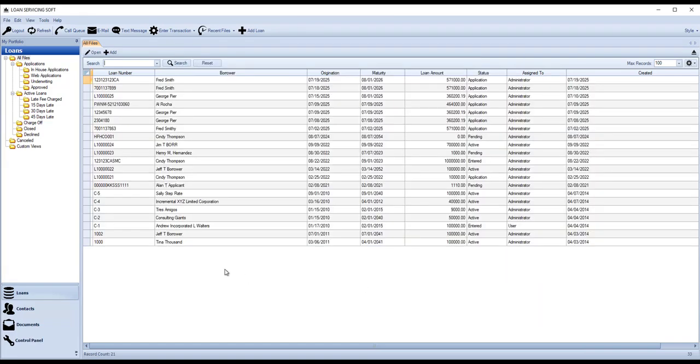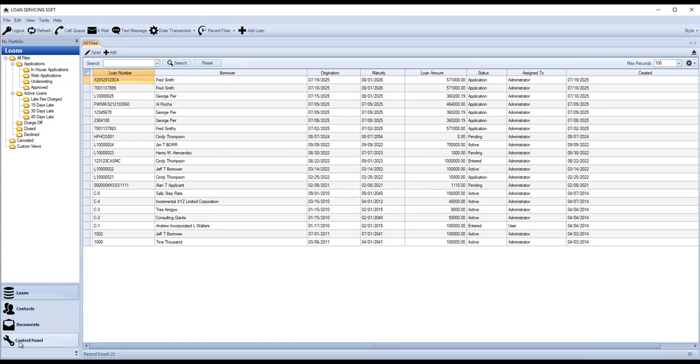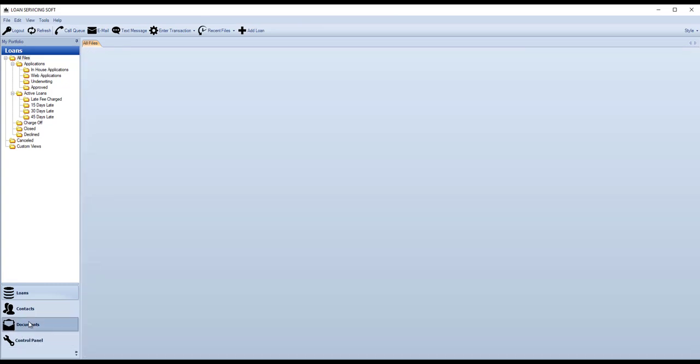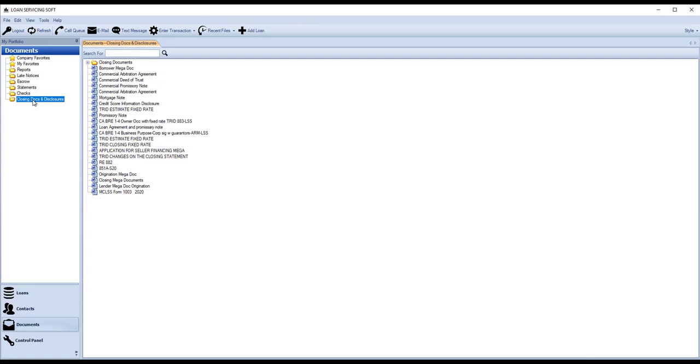Okay. And now, so here's that loan. And I could just right click, and I could have my docs set up here. Here's the Bega doc. So you can have your documents all set up right here, and you can just right click and print them right from here. But I want to go to our document library and show you, in case you don't know, how our doc prep